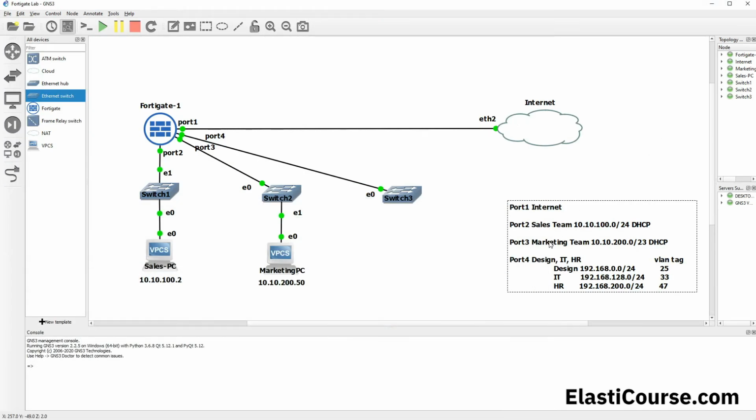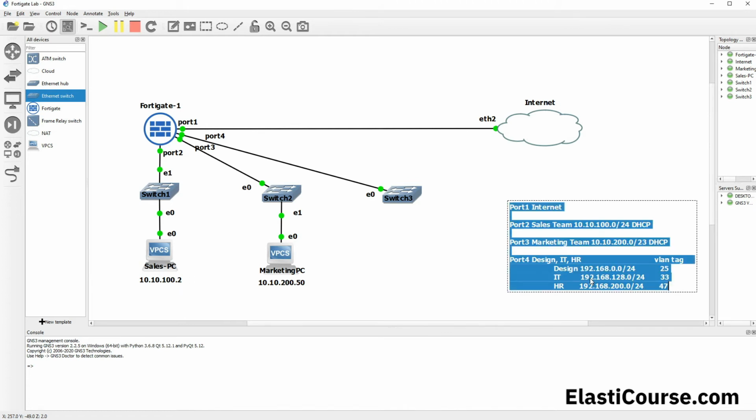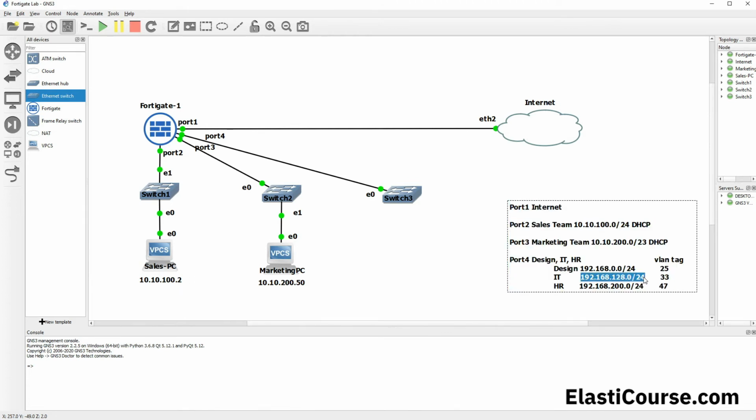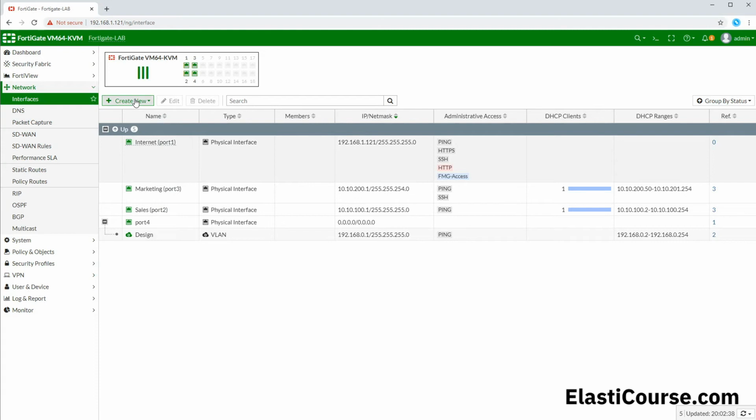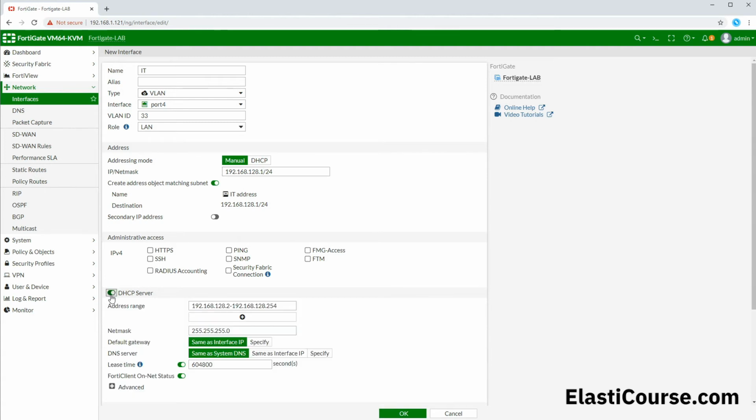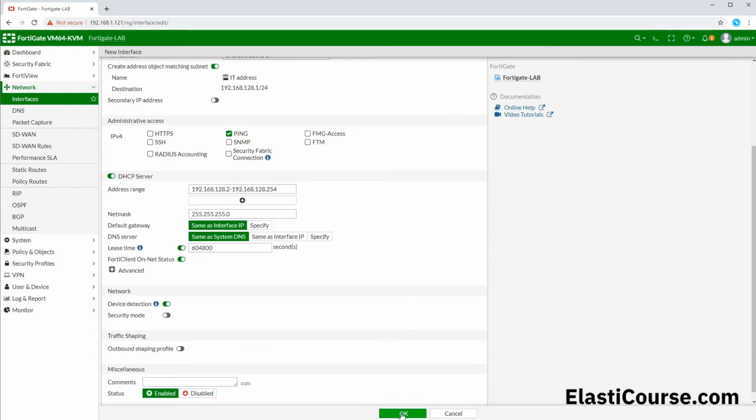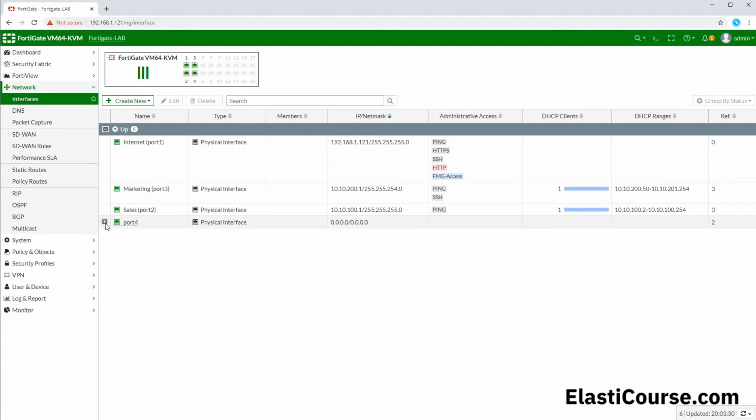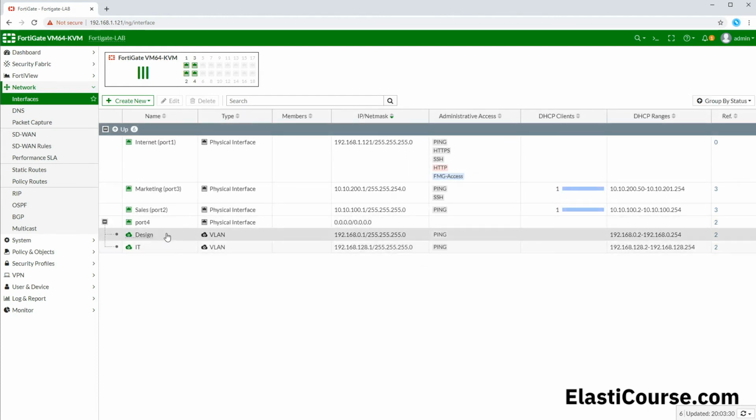Let's go back to GNS3 and do our IT department, and this we will be using VLAN tag 33. So create a new VLAN interface, port 4, VLAN tag 33, and we're going to be choosing .1 for our address, and we're going to be enabling our ping and our DHCP server. Click OK. Now I have two different VLANs for each port,